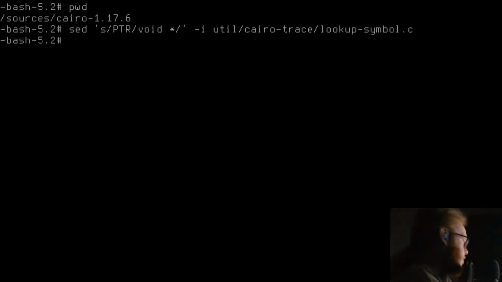Anyway, trace lookup-symbol.c. Fix a package config file that may cause errors later. sed -e 's/@prefix@/@exec_prefix@/' -i util/cairo-script/cairo-script-interpreter.pc.in.